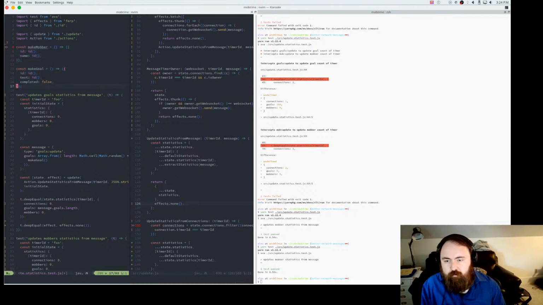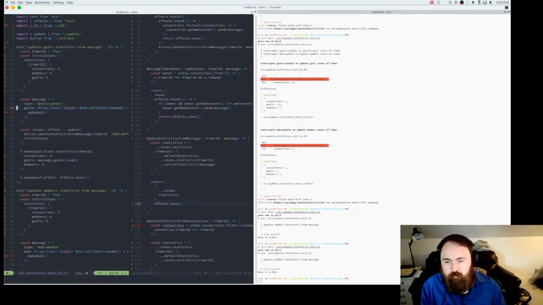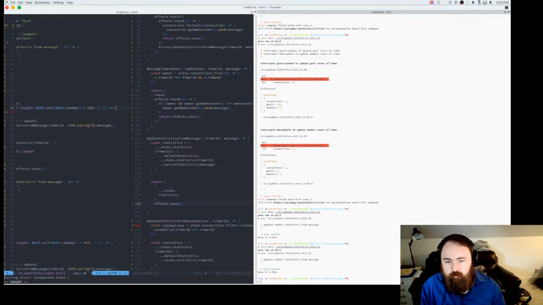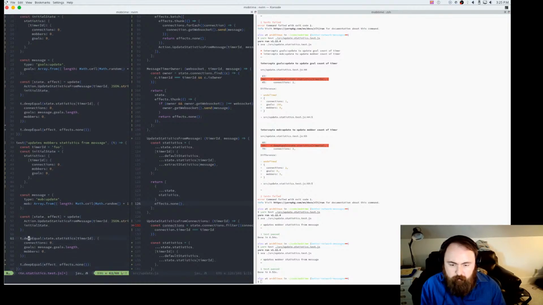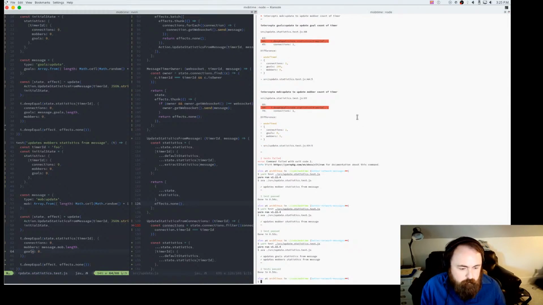We're not tracking things about how complete these are. So I'm going to just remove those, and it's just going to be a bunch of empty objects. It doesn't matter. So we'll go down here and do the same. Let's change that to mob. It's mob update, and now we know that should be mobbers, and this should be goals 0 because we're not updating those.